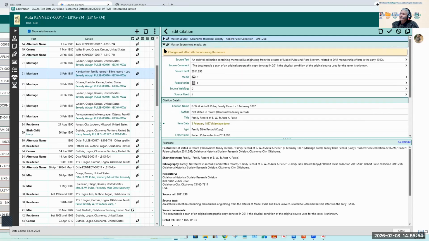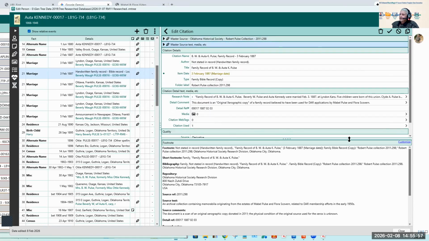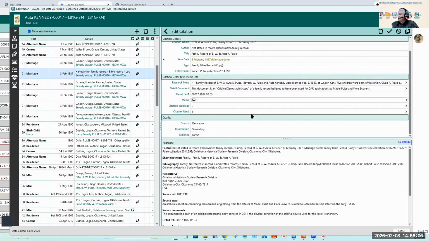Okay, let's close all this and let's look at the citation. I believe I brought this citation over just like it was. And then to do the quality, you have to go out of the source and come back into the source after it's been accepted to get access to this. I've shown that on several videos, so I'm not going to show it again today. This is all done. So that's one of them.